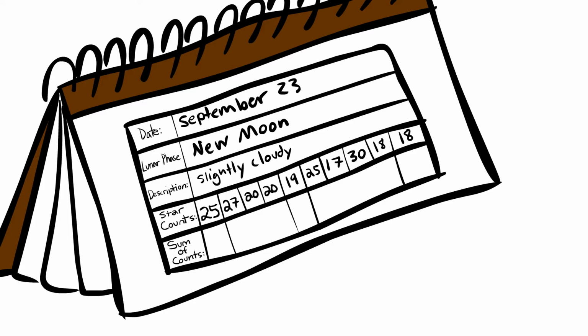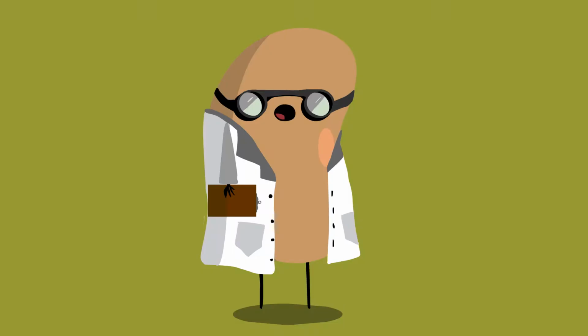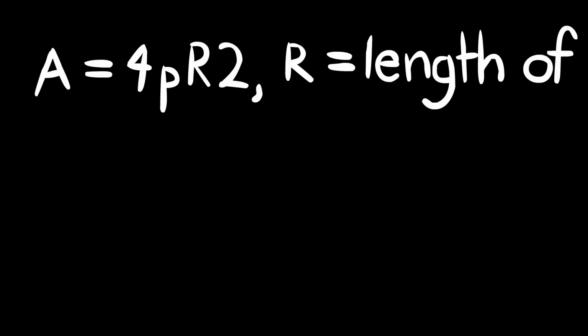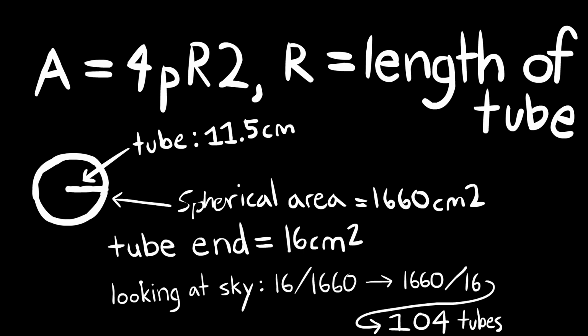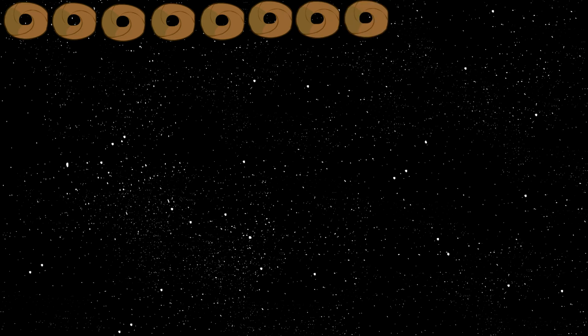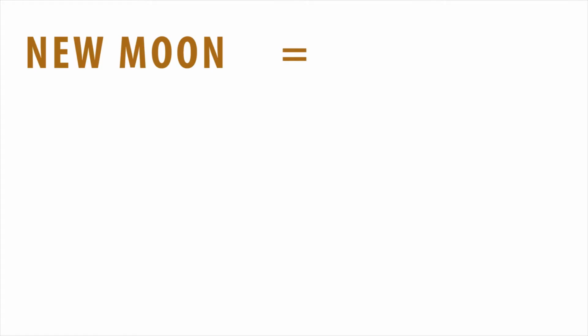I recorded that number in my notebook and then continued to repeat that step 9 more times in different areas of the night sky. I then found the average of these star counts and multiplied the average by 104. Now, the reason for multiplying the average by 104 is that after calculating a complicated equation, it eventually goes to say that it would take about 104 tubes to fill the sky in our perspective. So after multiplying that average number of star counts by 104, I got the total number of stars we can see at night for that particular phase, which for the new moon ended up being